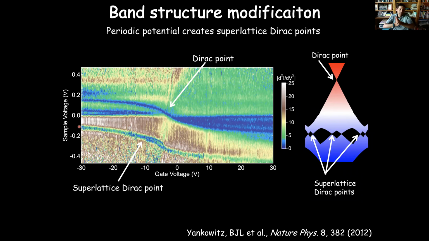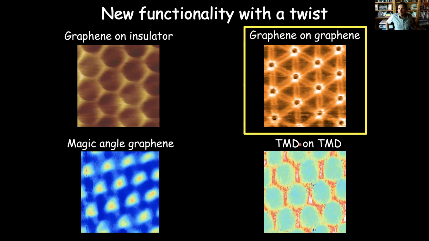As you change the twist angle, you change the wavelength of the Moiré, as I showed you on the previous slide, and that changes the energy of this superlattice Dirac point. So even though this boron nitride is a wide bandgap insulator, something like 5 or 6 electron volts, because you can play with the twist angle between the graphene and the boron nitride, you can modify the electronic properties of the graphene, and in this case induce new superlattice Dirac points at a controlled energy just with the twist angle between the materials. So I guess I'll pause again.